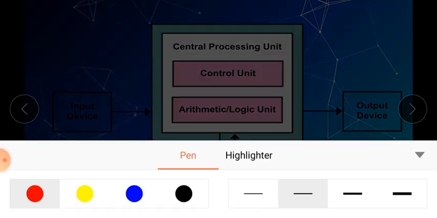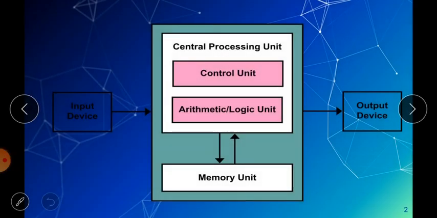This diagram is of computer organization, meaning how the internal components are connected to one another, how they affect one another's functioning, and contribute to the overall performance of the computer. In this diagram you can see an input device, an output device, and one big block. In this block you can easily see there are two parts. The first one comprises three sub-components: the control unit, and the arithmetical and logical unit. Collectively these three parts are known as the CPU, and the other part is called the memory unit.